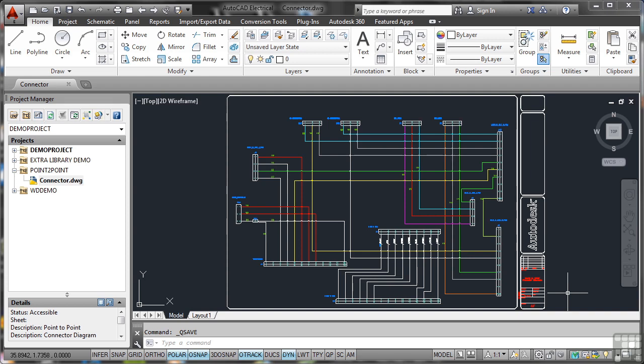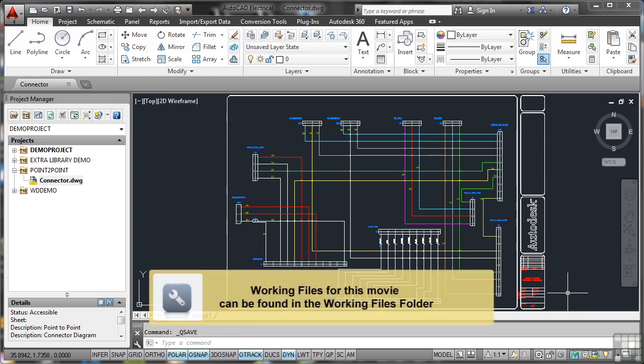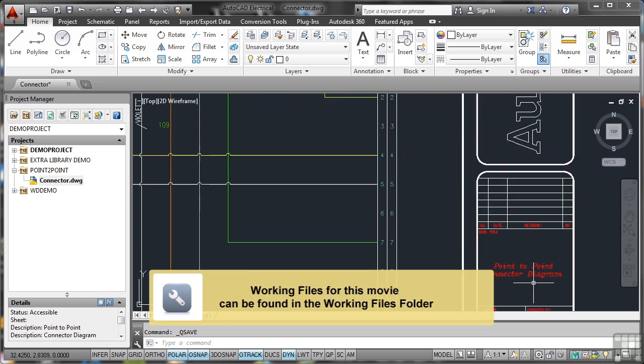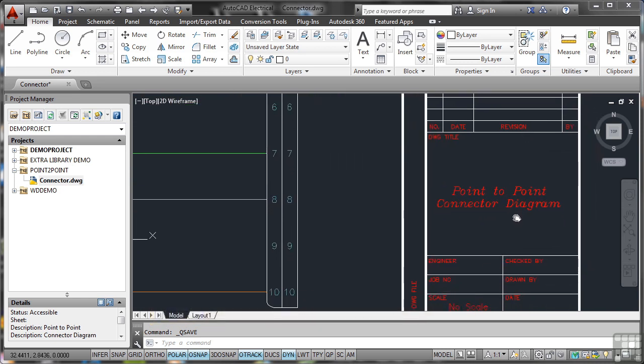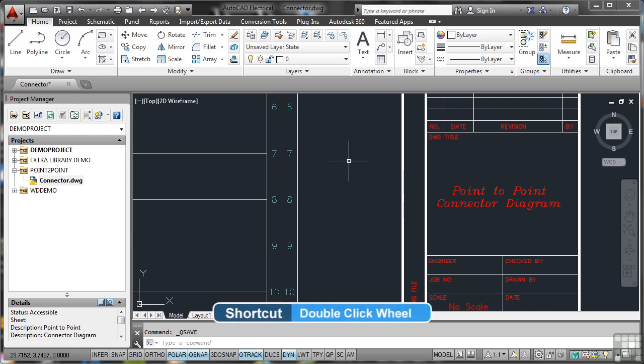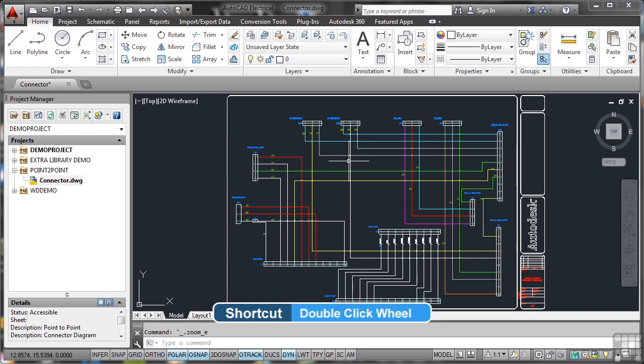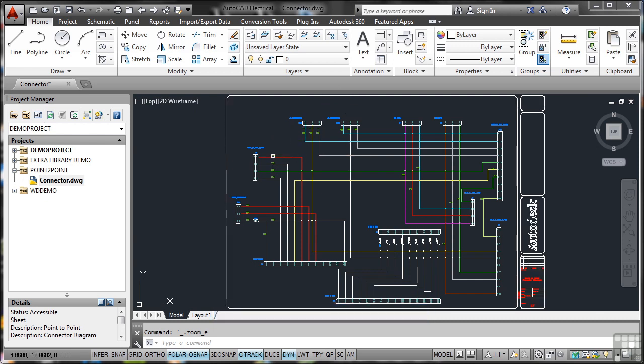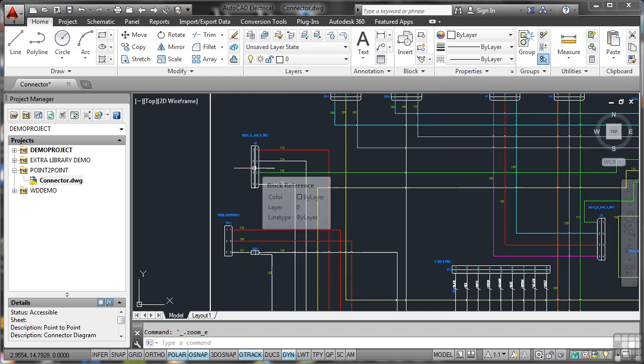We're now in a typical connector drawing in AutoCAD Electrical. If we just zoom in on the title block there, you'll see it's just a point-to-point connector diagram. Now what this shows, I'll just double click on the wheel there to zoom extent, is all of the connectors in a circuit system. So you can see these blocks are your connector blocks where the wires actually connect, and